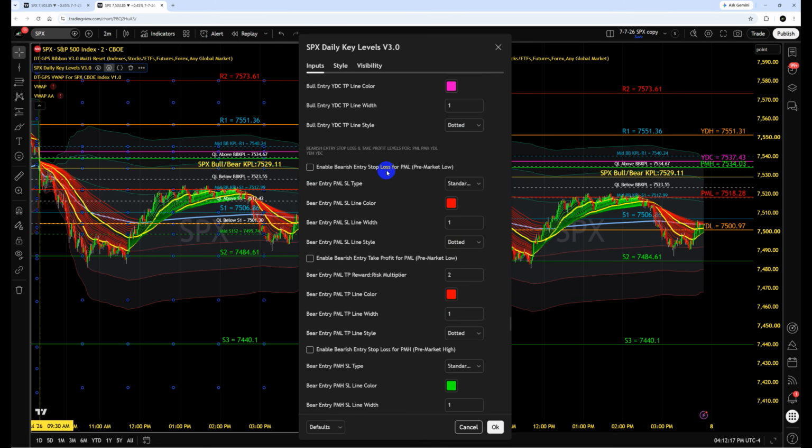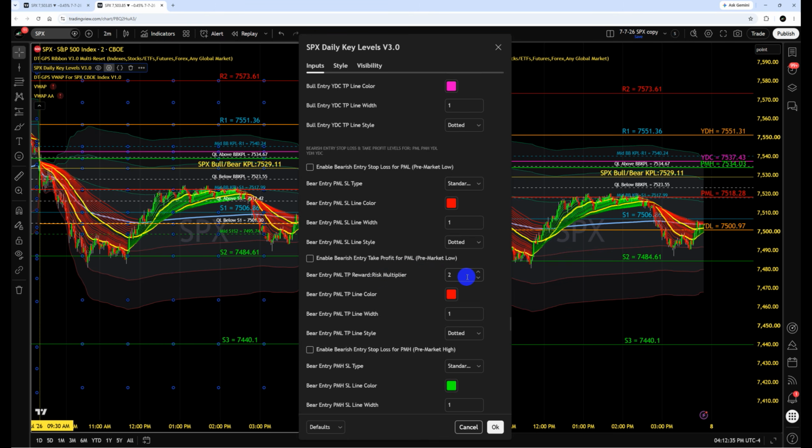Enable bearish entry stop loss for PML. You choose standard or tight. Once you do that, it will print it on your screen with the line label for PML standard or PML tight stop loss. And then you can choose to either use the built-in take profit multiplier